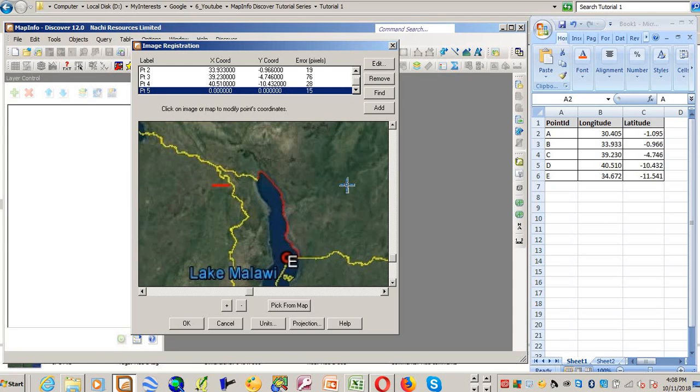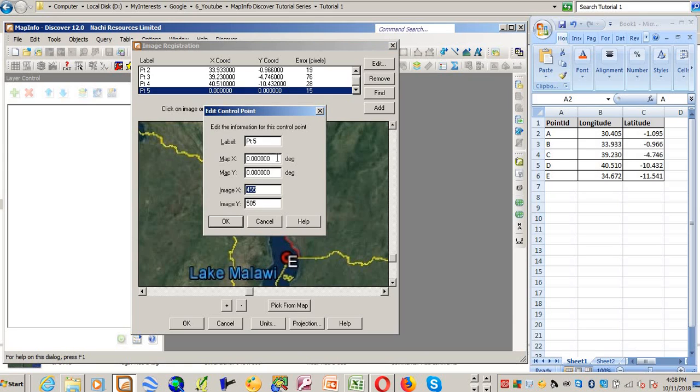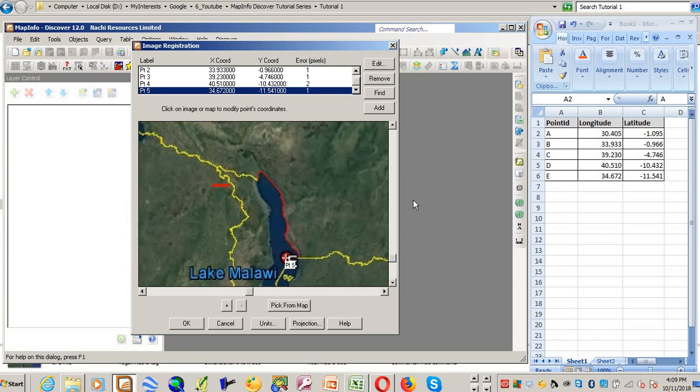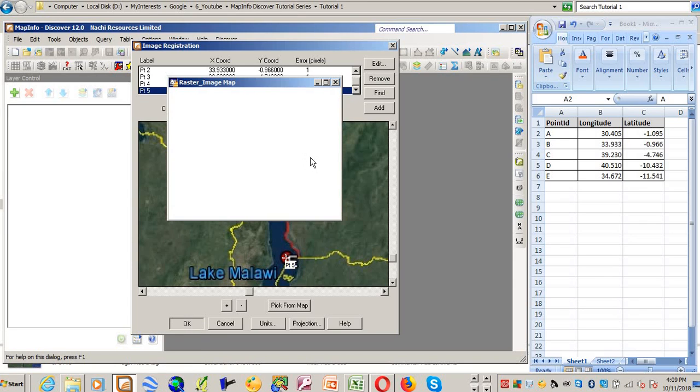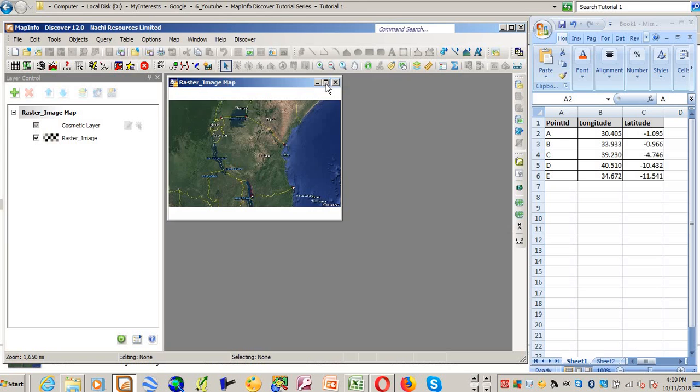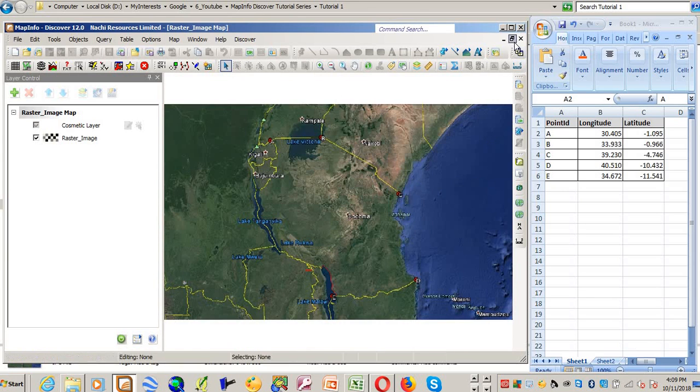Then I'll come and add the last point, which is point E. I'll say add point E, click on point E, which is 34.672, and negative 11.541, and then you click OK. And after that, I'll click OK. So this is already a georeferenced image,